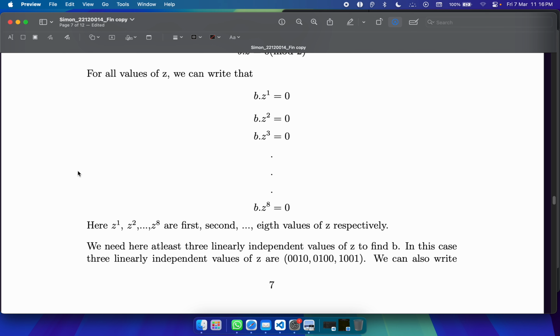We only need 3 linearly independent values, so values that cannot be recreated by some combination of each other. As we see, 0 0 1 0 and 0 1 0 0 and 1 0 0 1 cannot be generated by adding or subtracting them. So these are linearly independent, and the fourth one we choose to be 0 0 0, and in that case